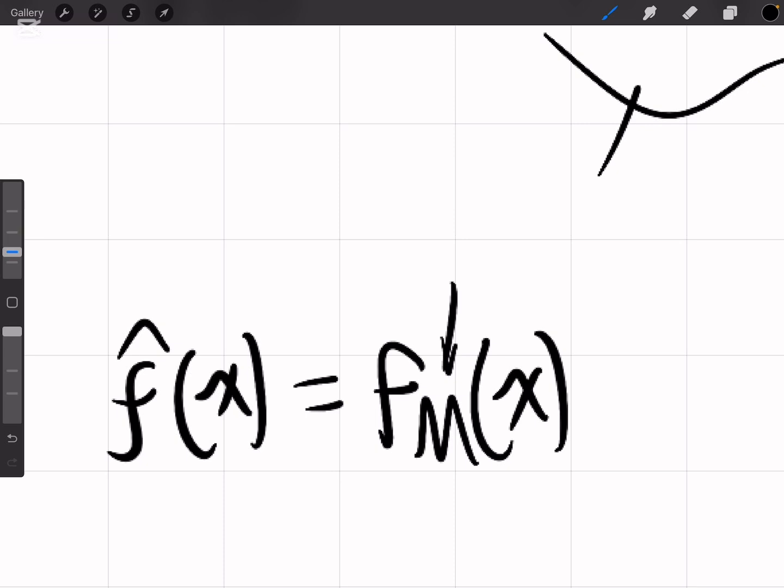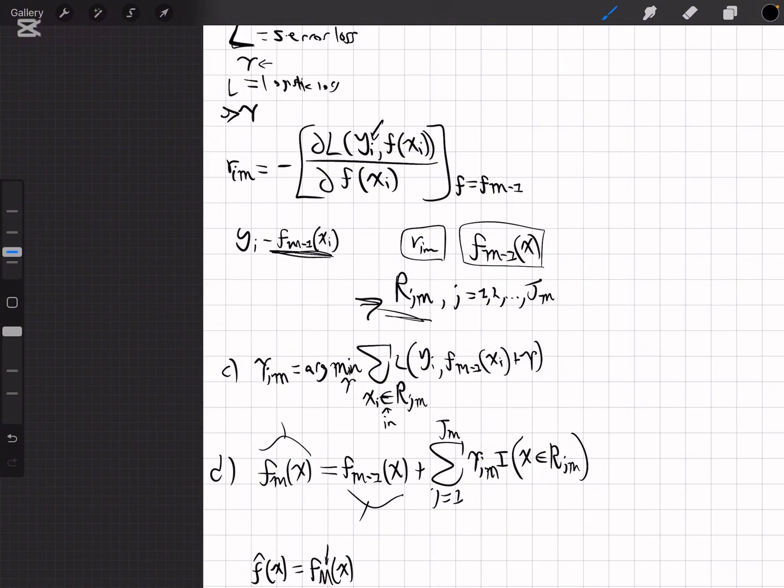So to put it all together, to summarize what we did, so you start with a simple best constant model. You compute pseudo residuals, the direction in which you want to improve. You fit a regression tree on those pseudo residuals, partitioning the input space into leaves. You compute the best leaf value so that adding them to your model decreases the loss the most. You update the model by adding the tree's contribution, and you repeat for the desired number of rounds or until some stopping condition. So it's about nudging your model toward better predictions by following the gradient of your chosen loss